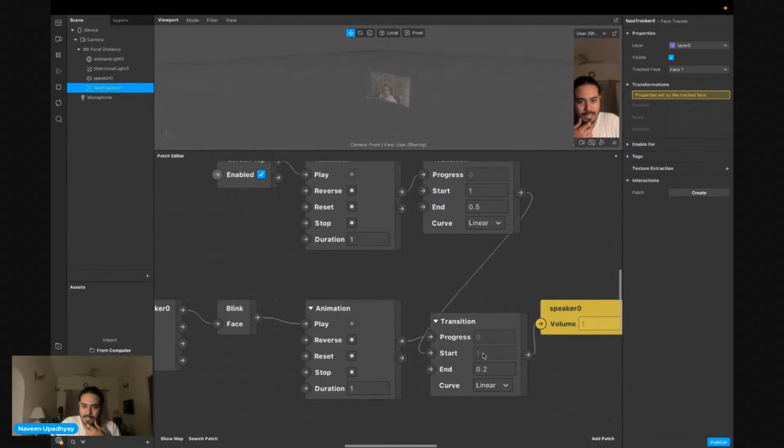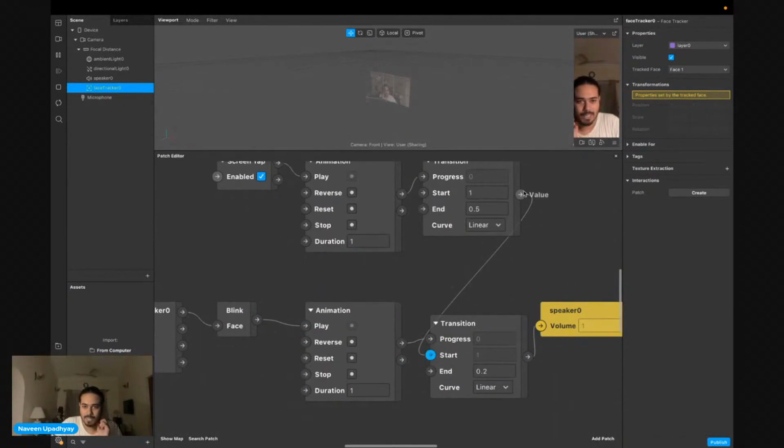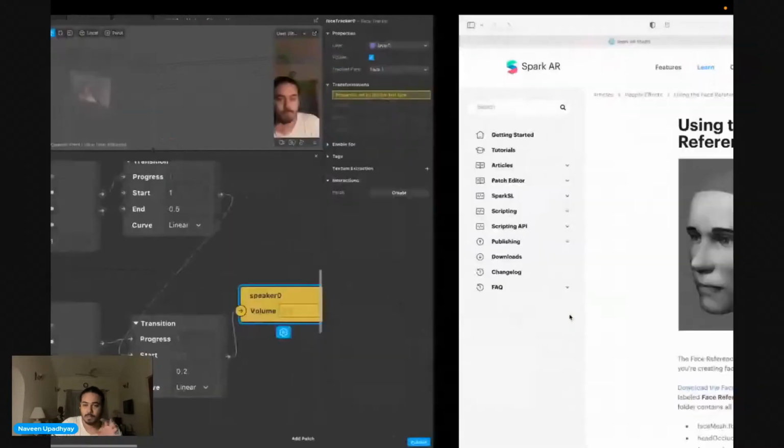So it's going to take this start value, which is 1. This is the same thing right now because no animation is working. Once I screen tap, it's going to first change to 0.5, and then if I blink now, it's going to change to 0.2. Two logics, one output, one consumer patch.